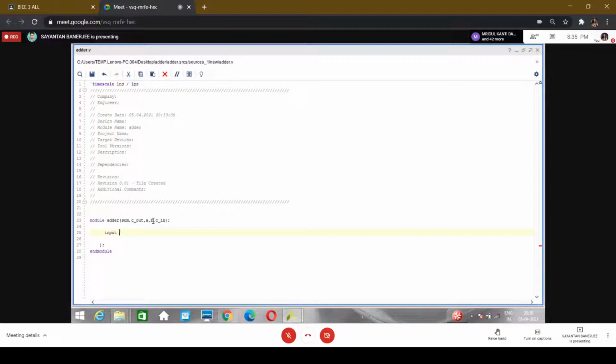There are three inputs, so we can take a three input bus.